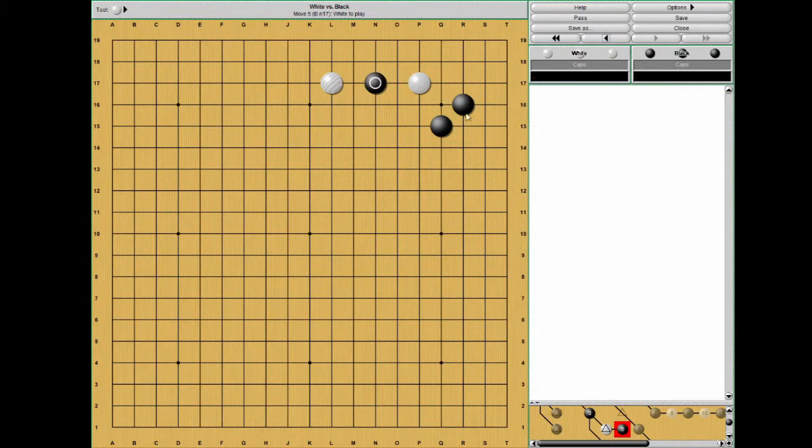So this diagonal here is very strong, and white would like to be able to counterattack this one stone to settle the group here. So white plays here. This attachment threatens to hane around here, and since black wants to develop toward this side of the board, black should then hane here. And that makes this hane not a good move, because there will be an Atari here